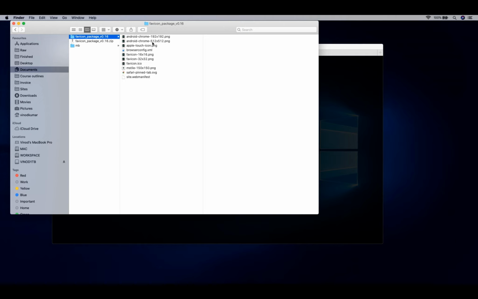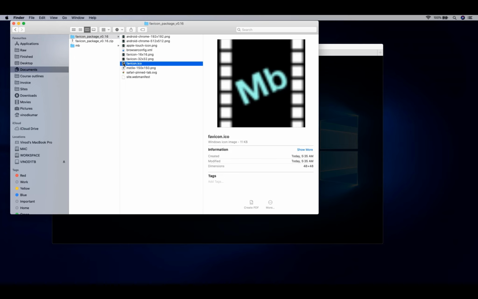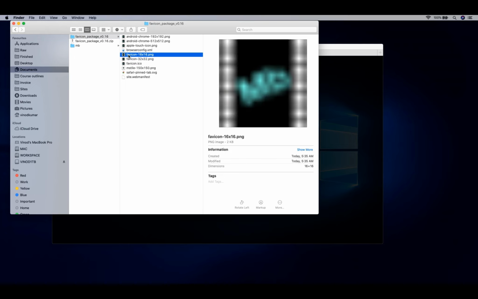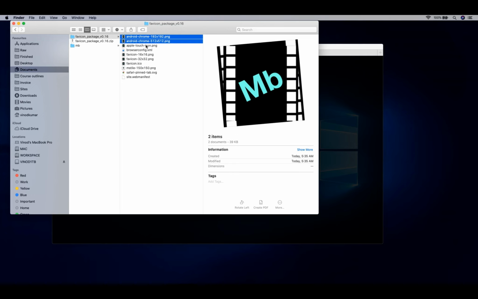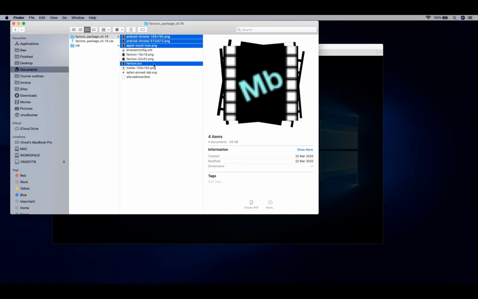192 PNG. There is a 512 by 512 PNG, and apple-touch-icon.png. That's important for Apple devices. There is a favicon. I think this is the only one that I'm going to use, but if you want, you can also use others as well. So this is the one that contains 48 by 48 size. Effectively, I need the first one, second one, third one, and the favicon.ico file. So these are the